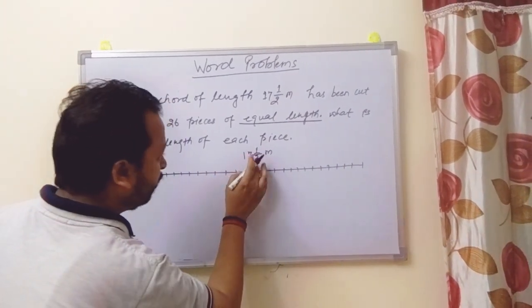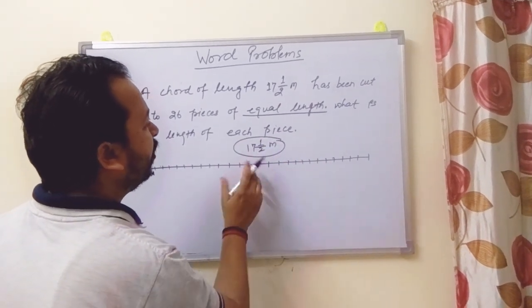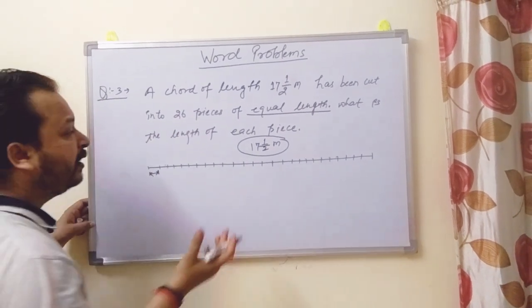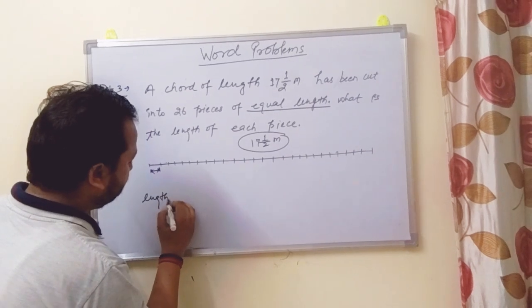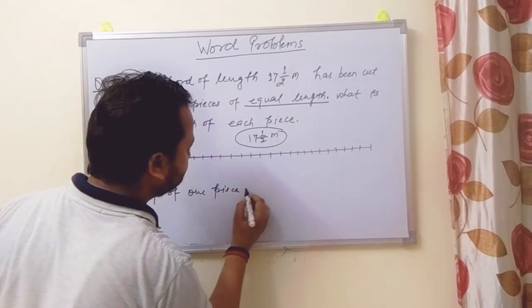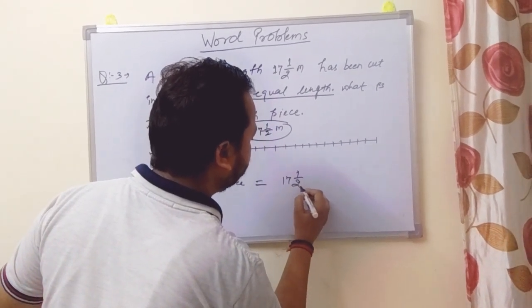So what you have to do is divide the length of the cord by the number of pieces, so you can find out the length of one piece. So the length of one piece equals 17 whole 1 by 2